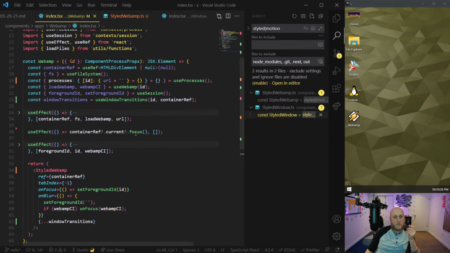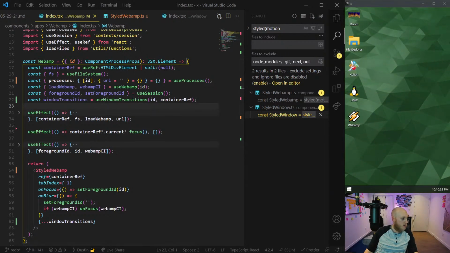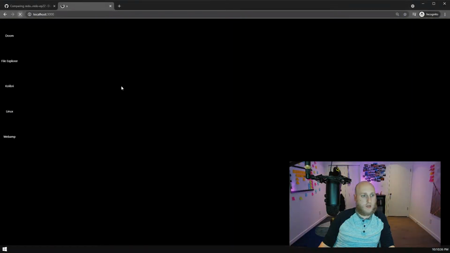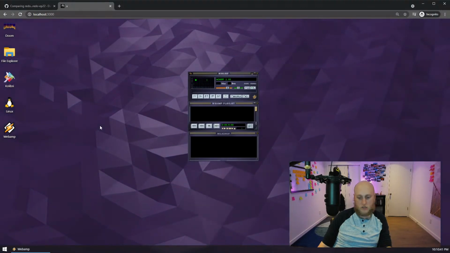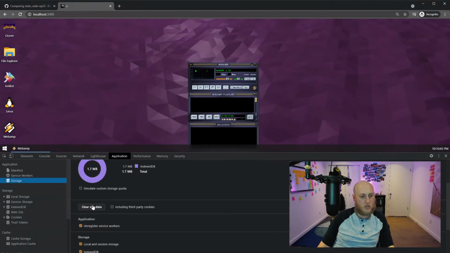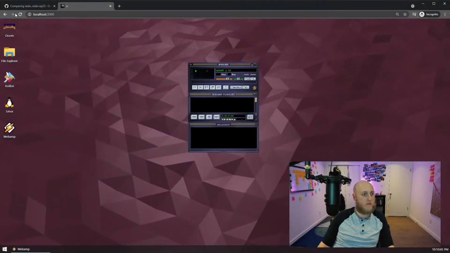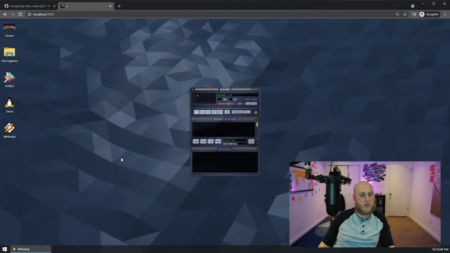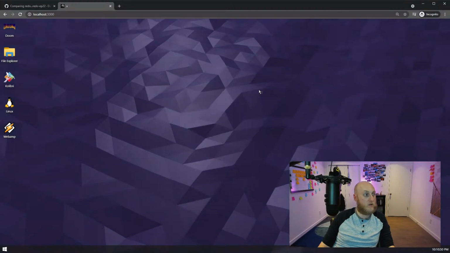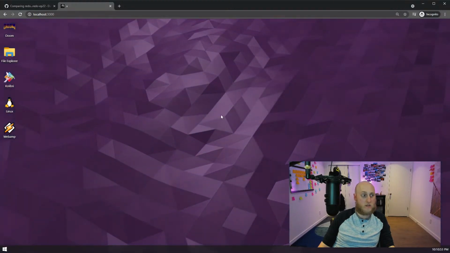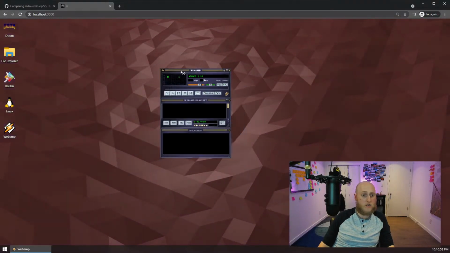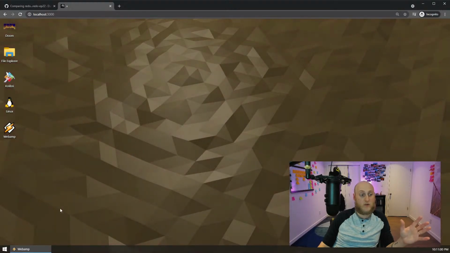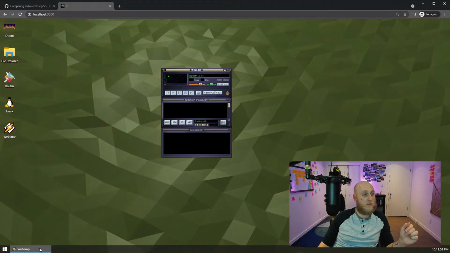So I was thinking I needed to change this use window transition hook, but I'm actually starting to think it might just work. Let's just try this out because I actually don't think I have any other changes for it. So now when I open Webamp, I think it blurred in there. Oh, actually, let's clear the cache for positioning so it goes back to the center. Let's refresh this page. So now when I open it, it should be centered. Yeah, that's centered. Now we see if we close it, that was wonky. That's not right. There's two issues there, I think. But let's just try a few other things first. Let's reopen it again. So what if I try to minimize? There we go. So now we have minimize with fade and animation.